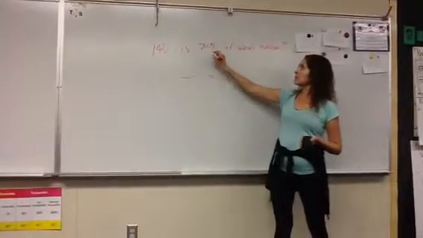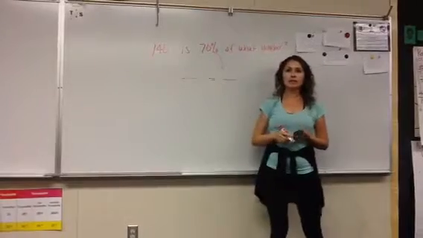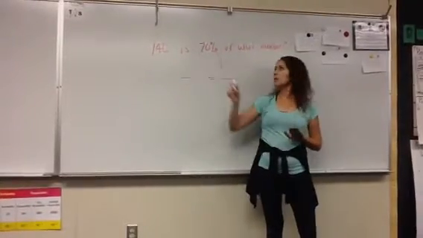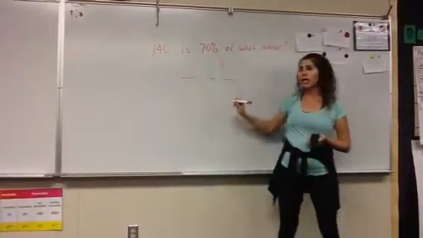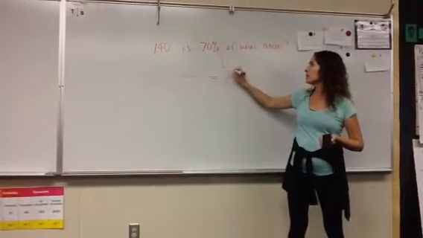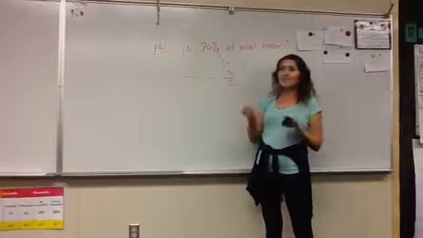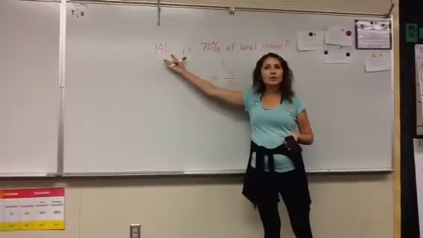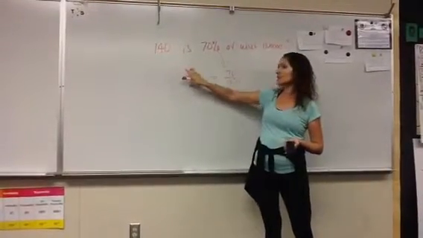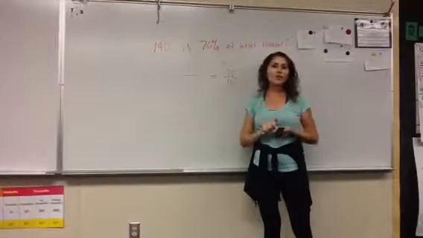Now, the first one is easy because that 70% is out of 100. To make this percent into a fraction, I always put whatever it is over 100. And then the next number, which is my only number here, goes into this fraction. All I have to figure out is